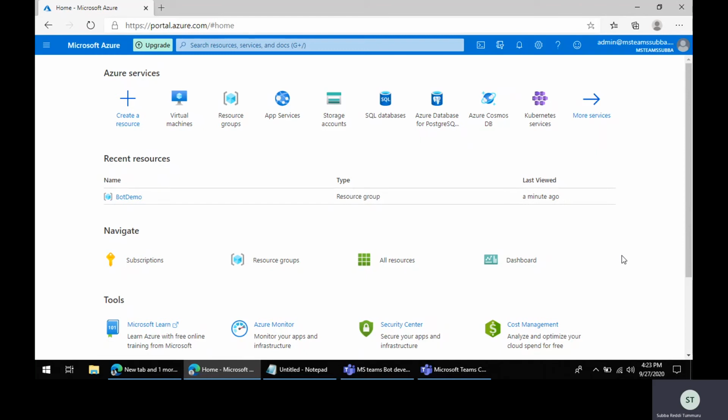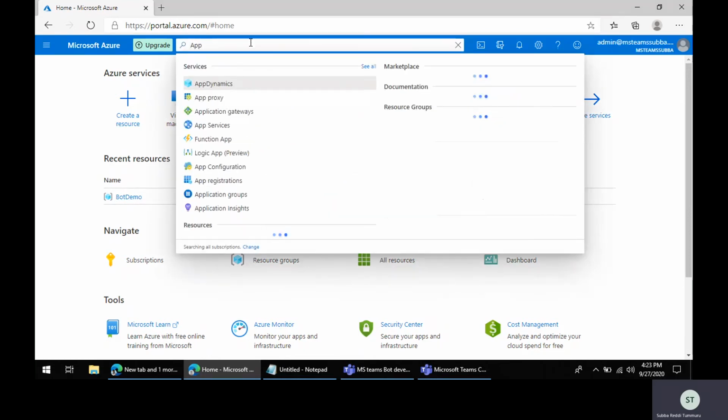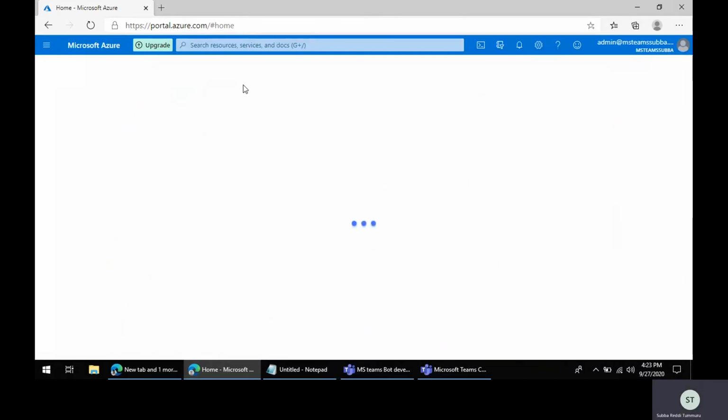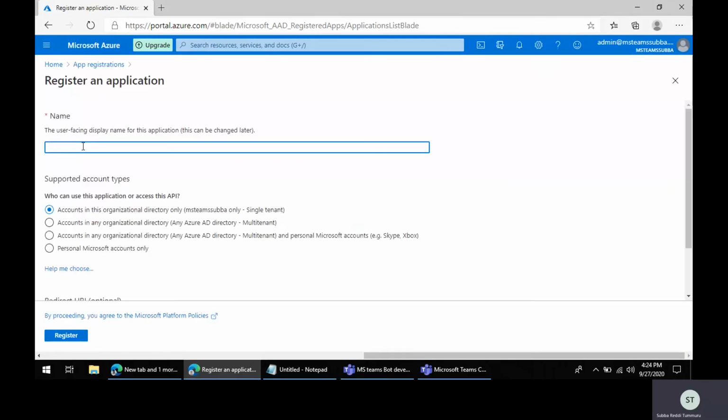As part of this, the first step is to create the app registration in Active Directory. For that, I'm searching for app registrations. Just open the app registrations, and you can create a new registration using the New registration option. You can give any name for your app registration. For example, I'm using bot demo, and here I need to choose the second option, accounts in any organizational